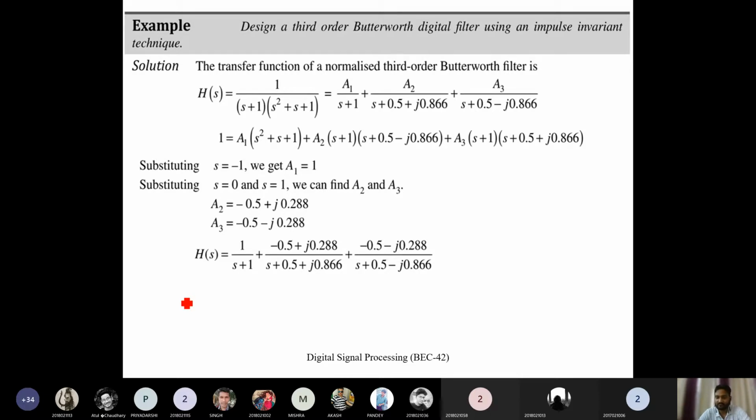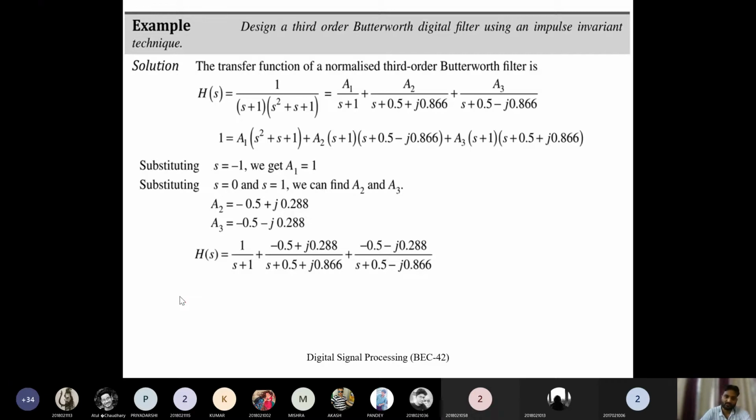impulse invariant method. So we have seen the impulse invariant method, that whatever system is given to us, we will be breaking that system into different factor forms. We will be using the partial fraction method to make the fraction of different poles. So this impulse invariance method, we will basically apply to all-pole systems, that is, to those analog filters that are having poles only.